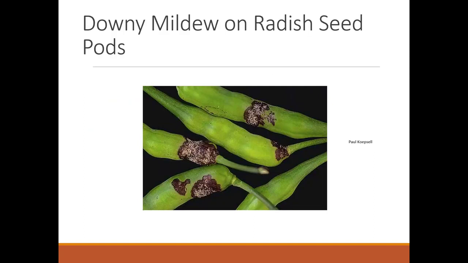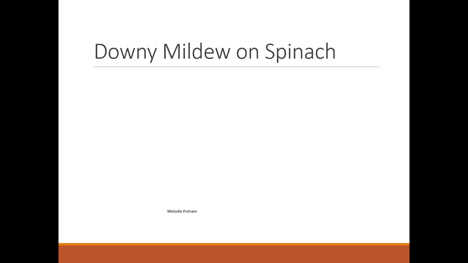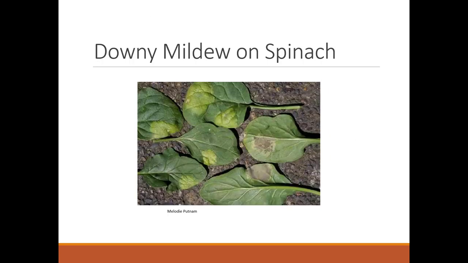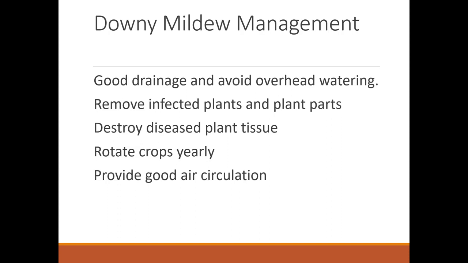Okay, here it is on radish seed. Here it is on spinach. You can see it's yellow on top, but if you turn the leaf over, you're going to see some fruiting bodies on the underside. So management includes good drainage, no overhead watering, removing infected plants and plant parts, destroying diseased plant tissue, rotating the crops yearly, providing good air circulation,